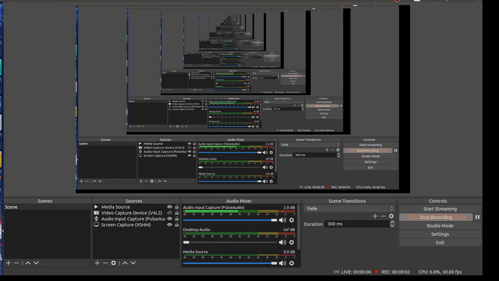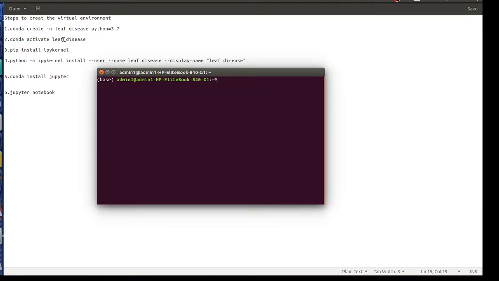Hi everyone. Today we're going to see how to create a new virtual environment with no errors. The problem we as developers face, or a person who is new to machine learning always faces, is having a particular version of libraries for a project.